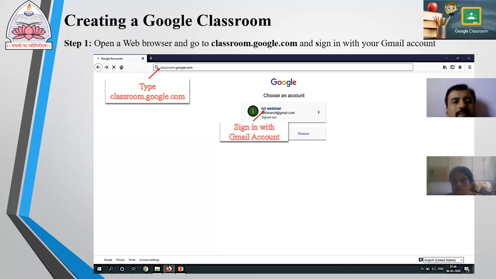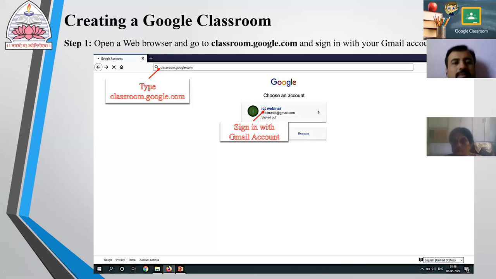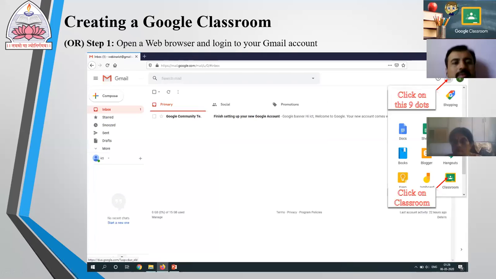Okay, there are two ways where we can create a Google Classroom. The first one is we have to open a web browser, and over there we have to type, as it is shown on the screen, classroom.google.com, and then sign in with your Gmail account. The second method is you have to log in using your Gmail account, and there are 9 dots at the top right corner.